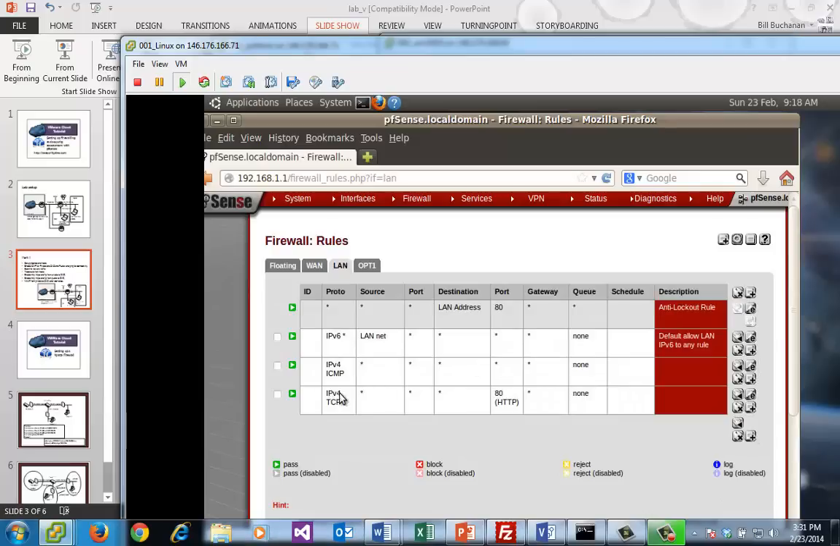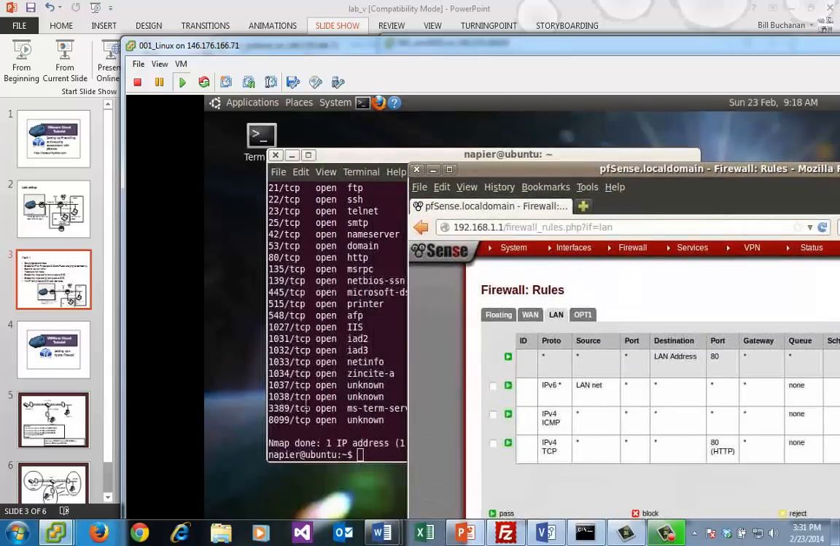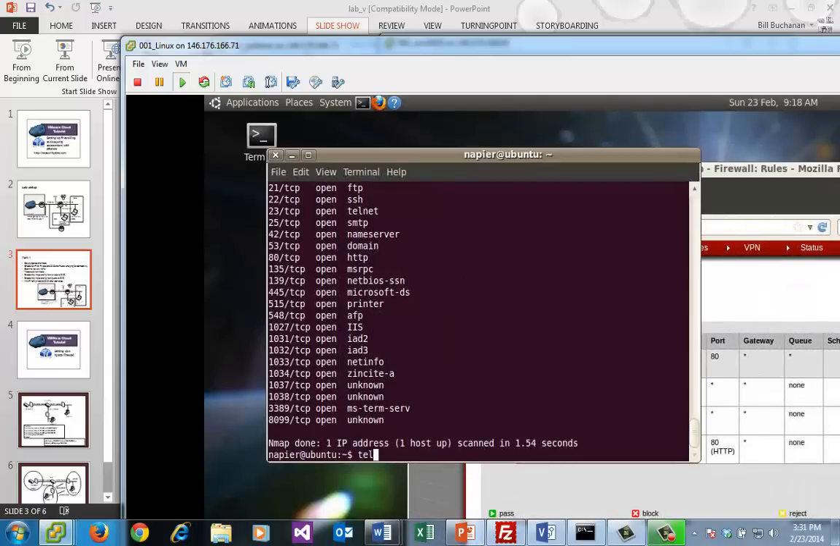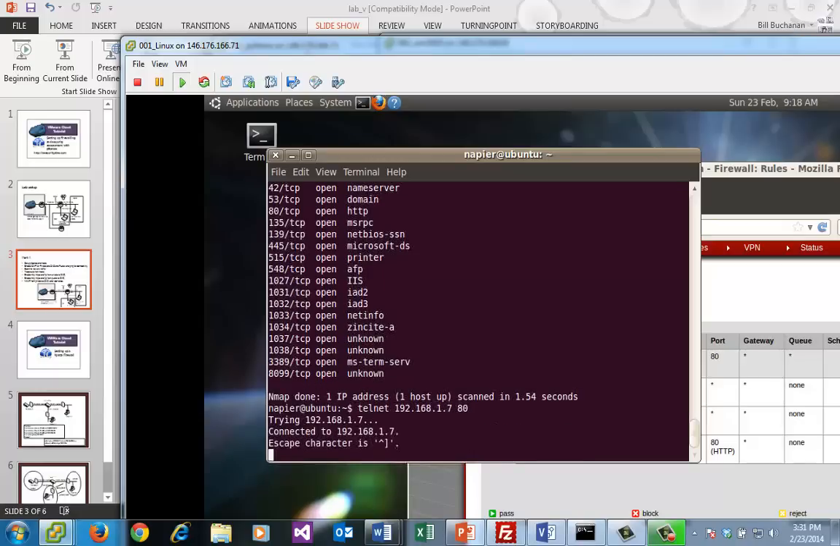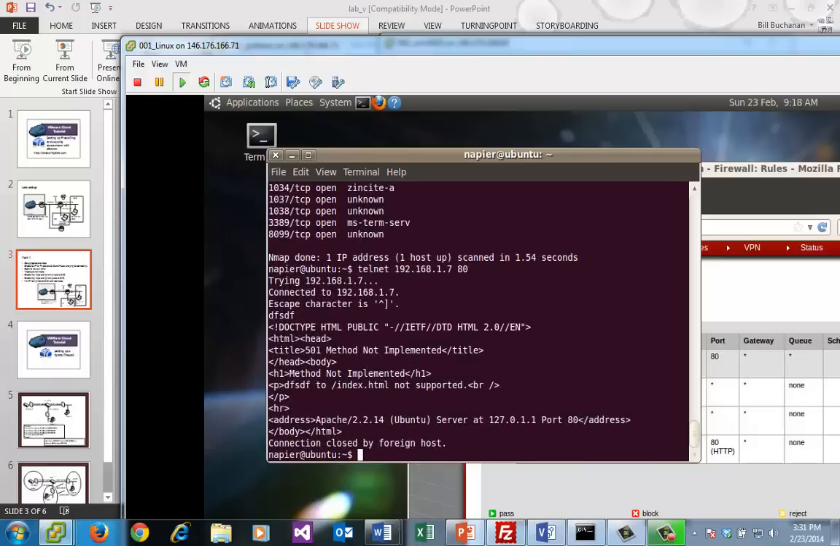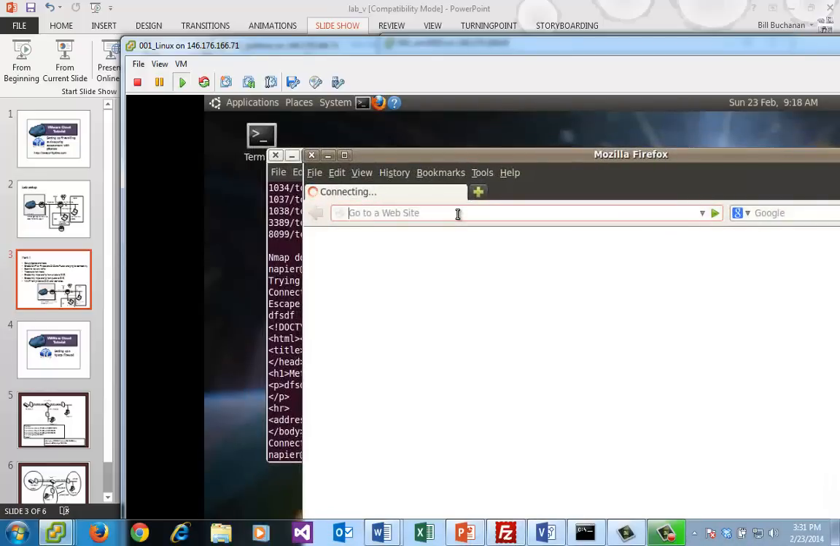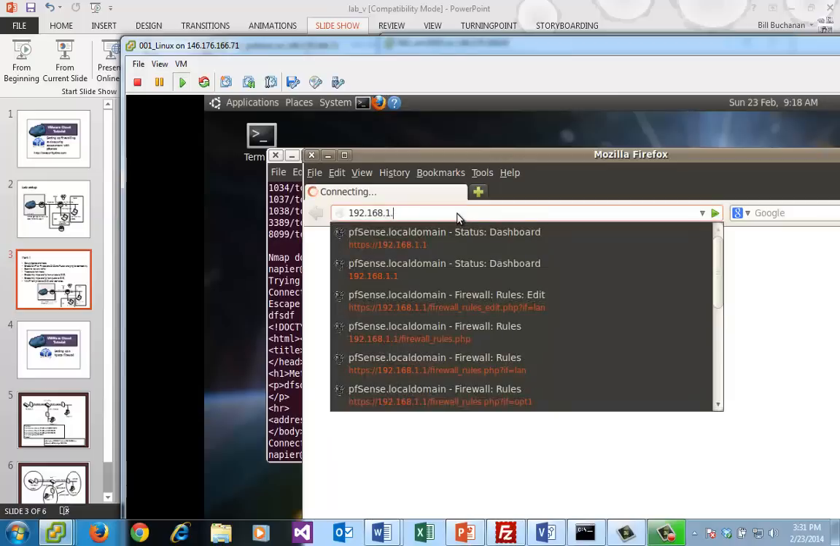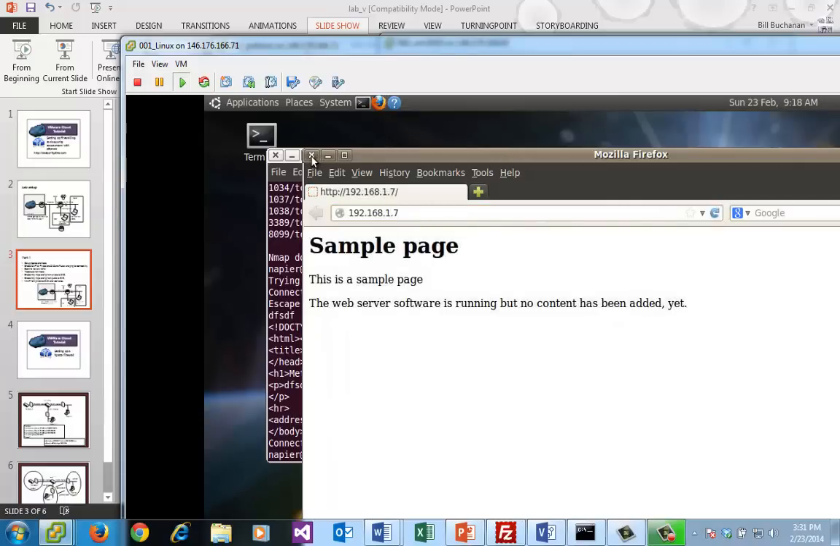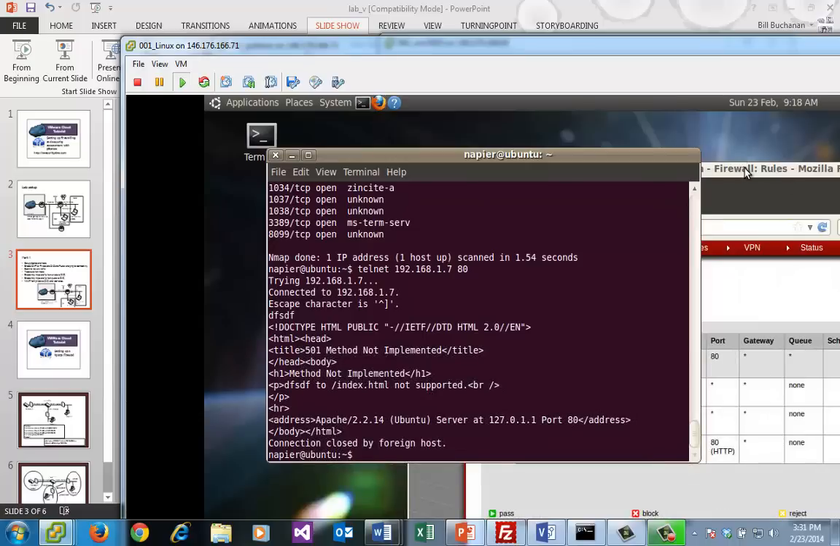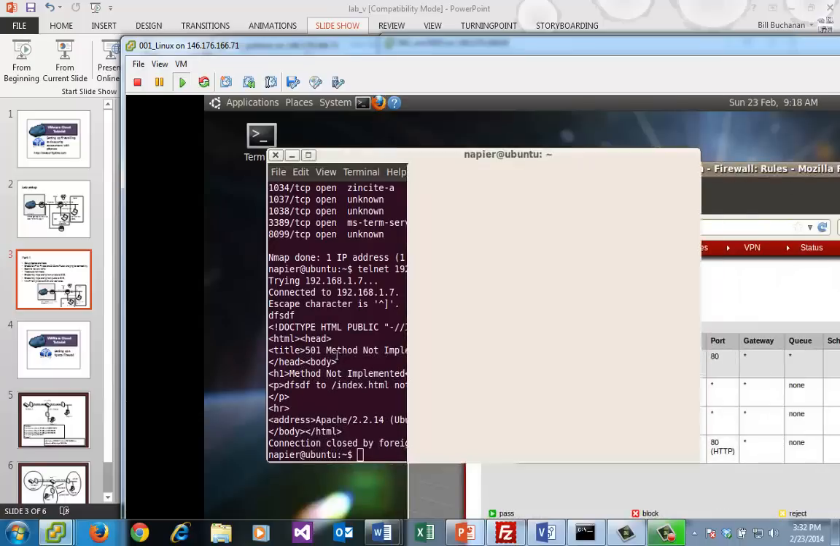Okay, so let's see where we are. So we're only allowing out port 80 on our private network. So let's just try to see if that's the case. So 1.7 on port 80. Okay, that's good. Okay, we're getting connectivity. .7. Okay, so that's excellent. Okay, so that's certainly working. Okay, when we do an nmap